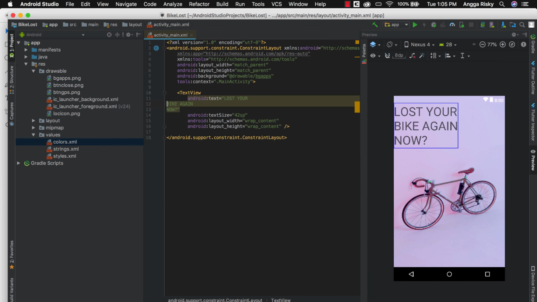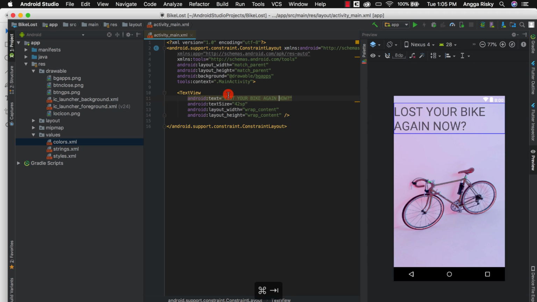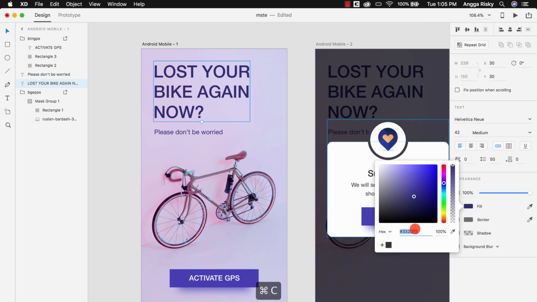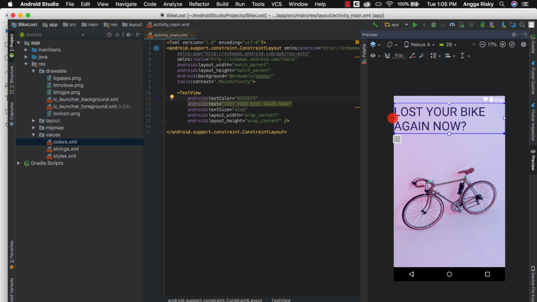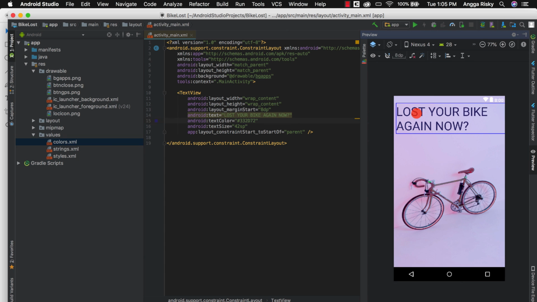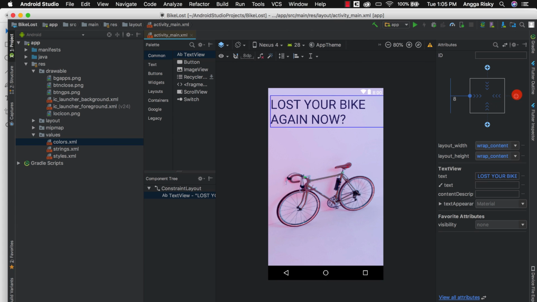Sometimes I forget where I put my bicycle, but with this application I think it's easier to find my bicycle. And I need to set the margin left, and then set the margin right.